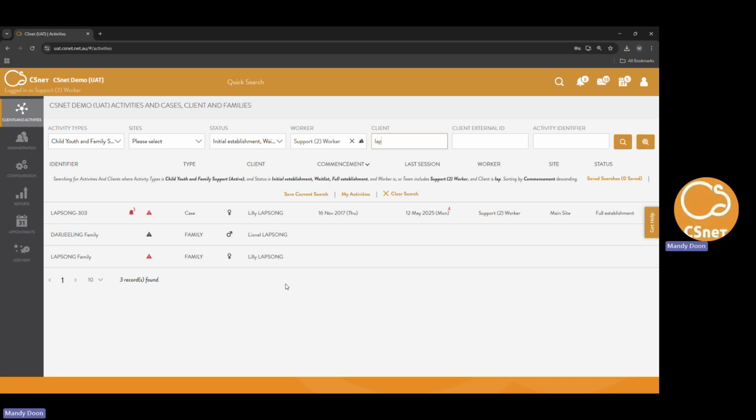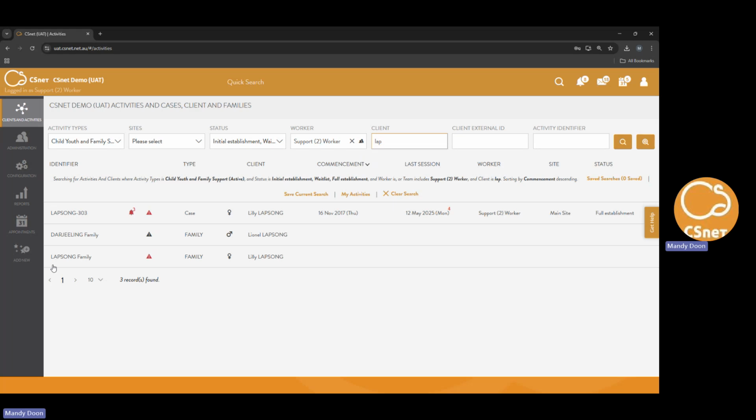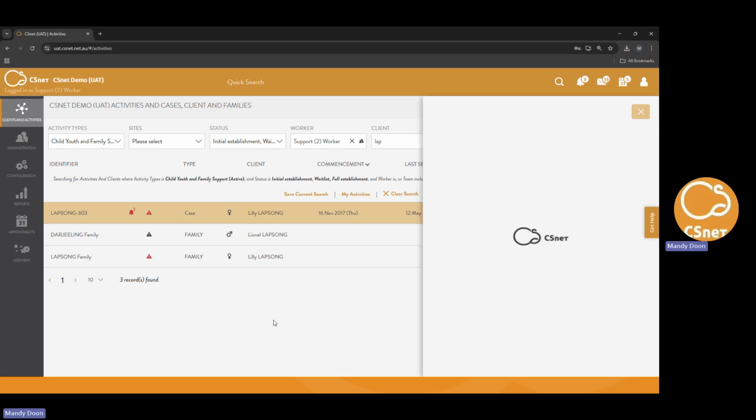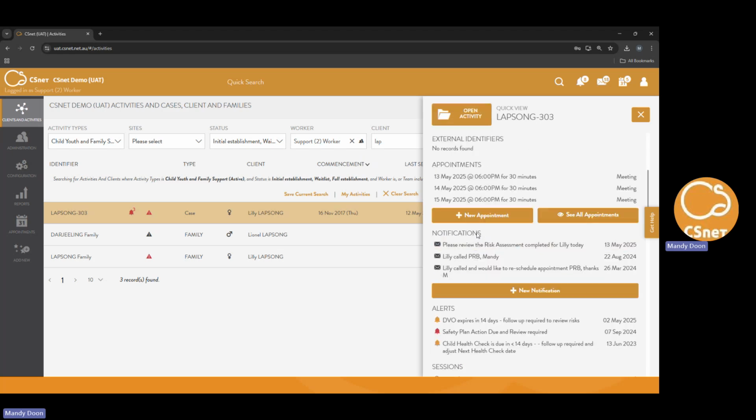I'm logged in as a worker. And in front of you can see there's Lily Lapsong's case. In terms of the alerts, the warnings and notifications, I'm just going to step you through how this shows in the Lily Lapsong case. So if you click on the quick view, as you know, the quick view's got lots of information, but included in that, it's got notifications